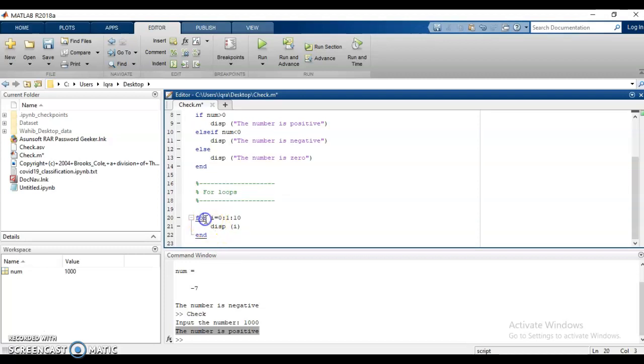What's happening here is that it will enter the loop, take I, and start I from 0. After starting from 0, it will display I. Here we do not need to define the condition for incrementing, because for loops are basically numbered, incrementing variables. They do not check for any condition. The condition is simply based on the number. So it's going to run the display command for 0, 1, 2, 3, 4, and so on up to 9 or 10. Let's see.